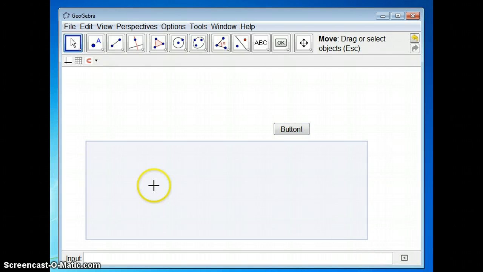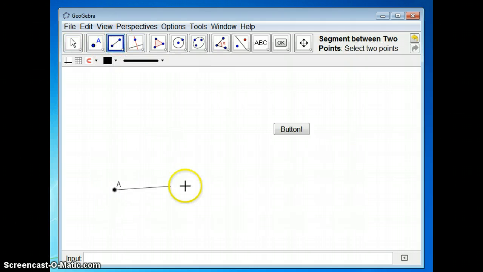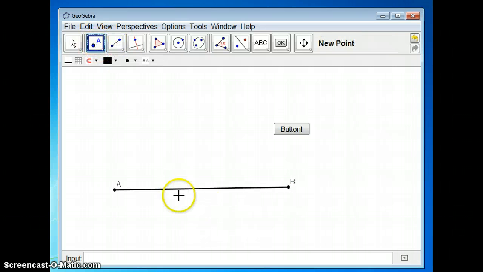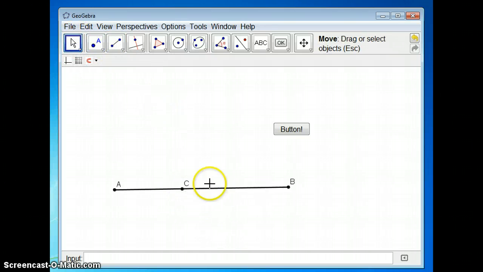Here's the last problem. Let's say I have a segment, and I've split it into two pieces. And I want to create an expression where this piece plus this piece is equal to the whole thing. So in other words, segment AC plus CB is equal to AB. So if I want to do that,